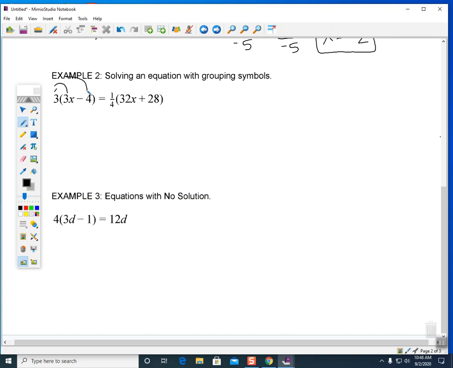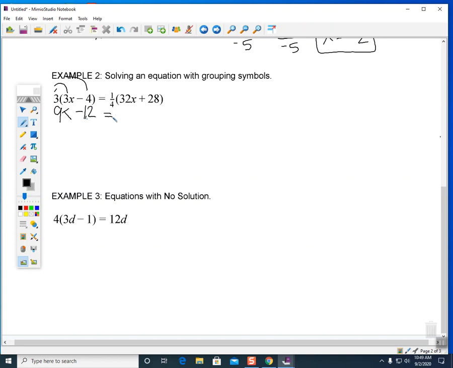So 3 times 3x gives me 9x. 3 times 4 gives me 12, but I'm going to keep my minus. Minus 12